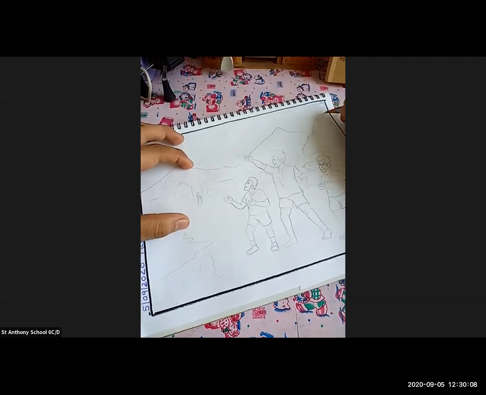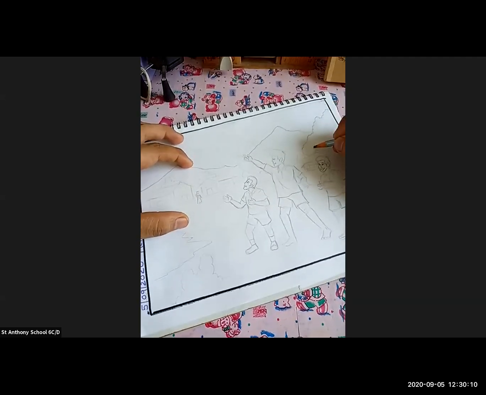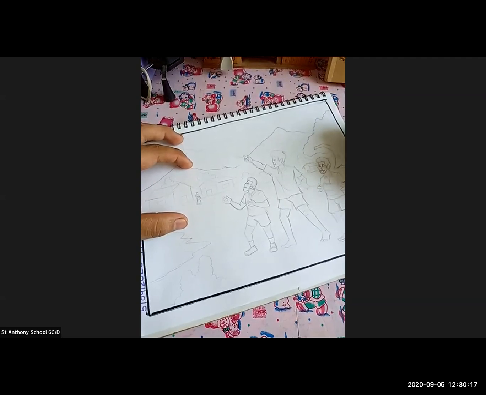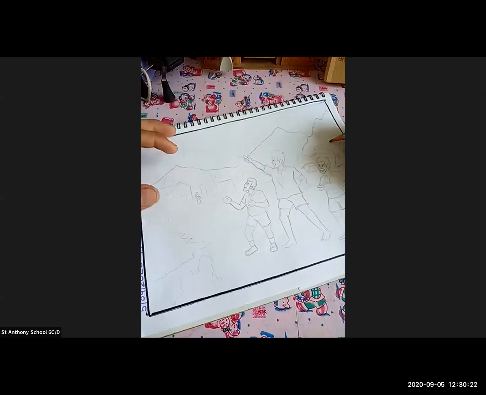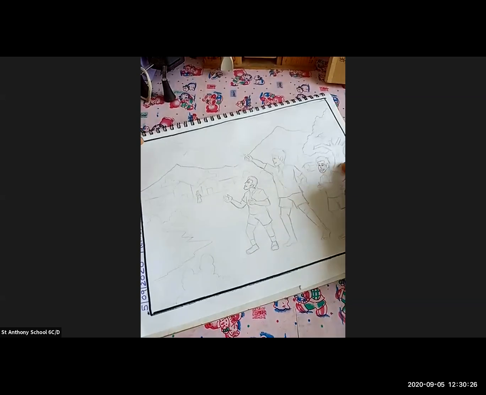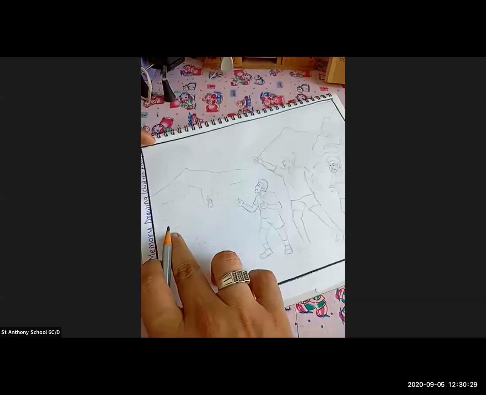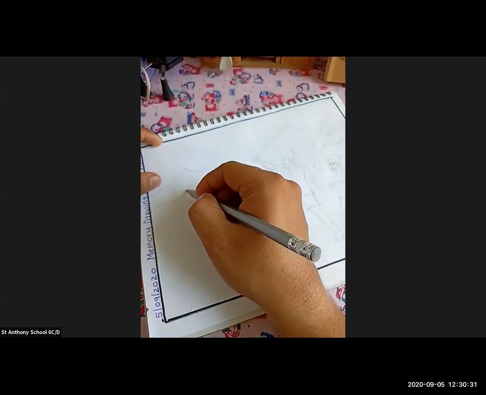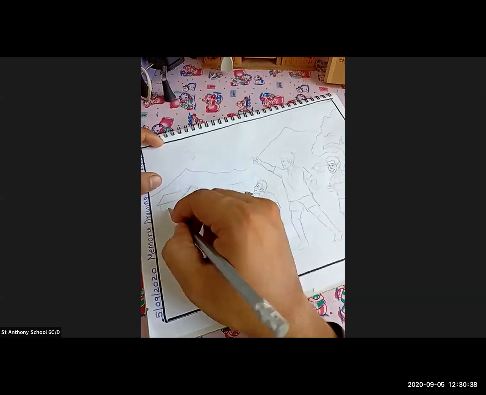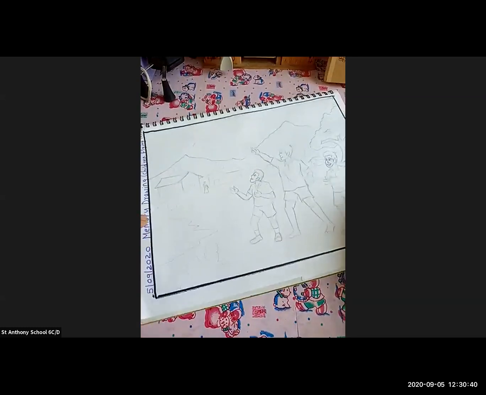These are the branches of the tree. This is the tree at the back, and here you can see there are some houses. This is the house at the back.